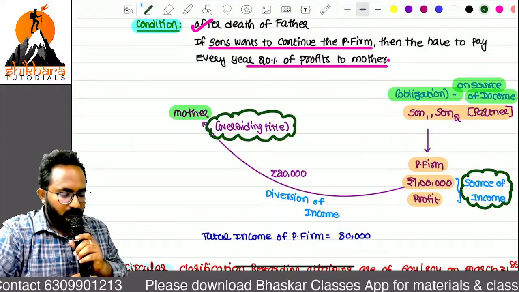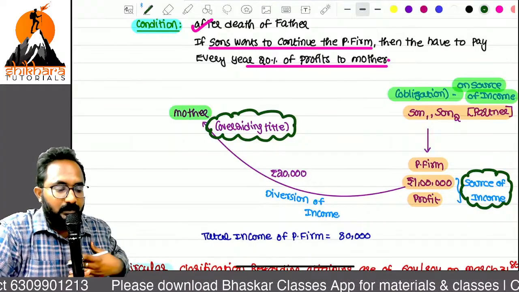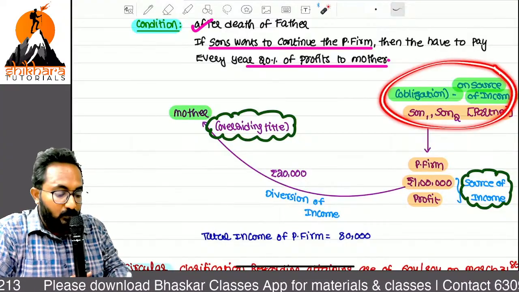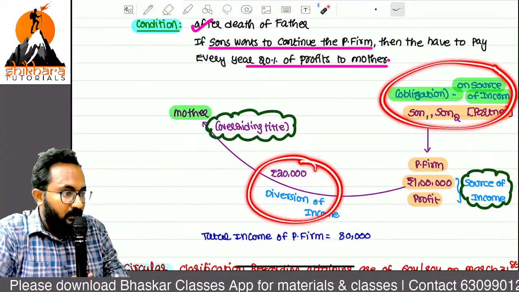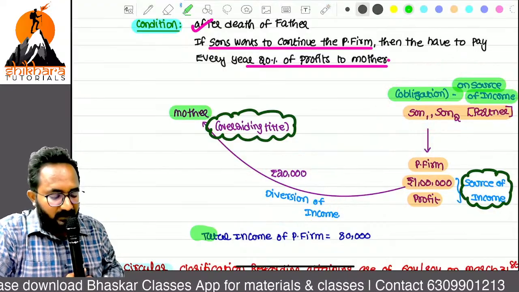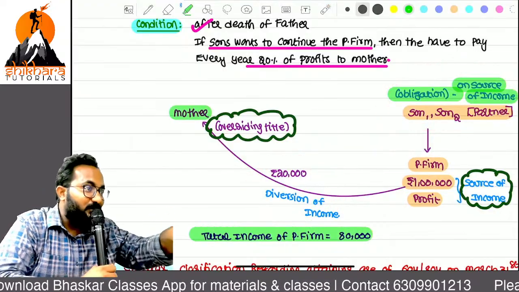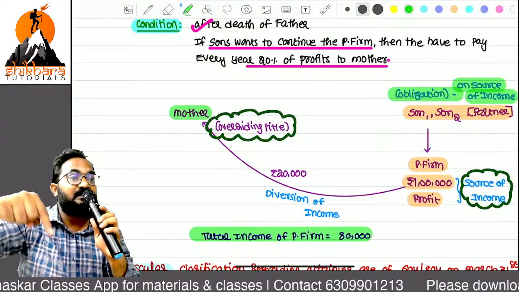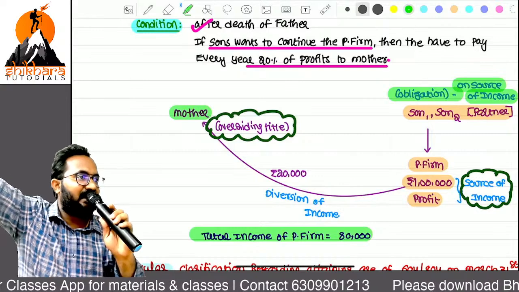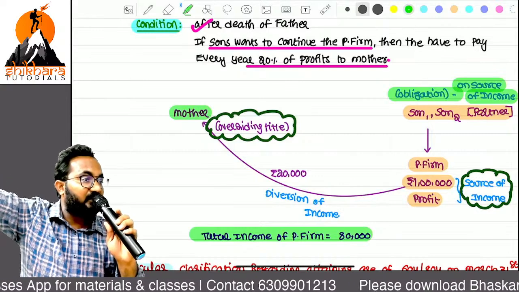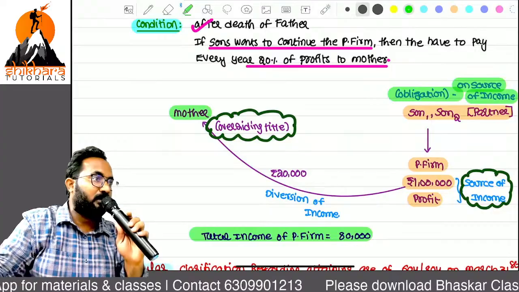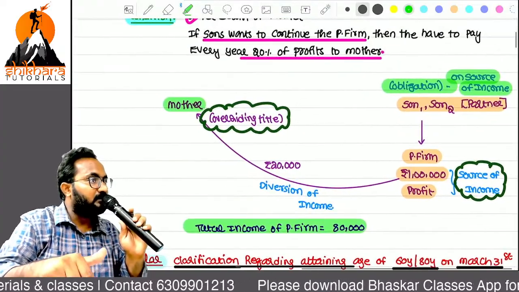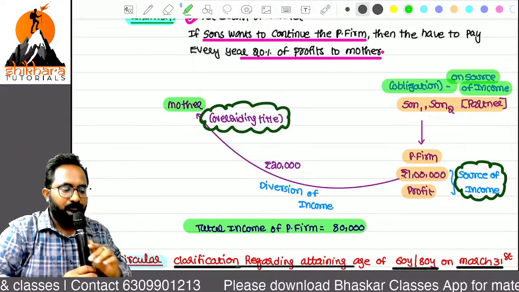Now, here, partners receive how much amount, ma? 80,000. 20,000 needs to be transferred to whom, ma? Mother. So that's why, what is the total income of the partnership firm? 80,000 only. Whatever amount is diverted is not included in the total income. Whatever amount is applied in the earlier example, that is an application of income, and that is included in the total income only. But here, if it is diverted, it is not included in the total income.